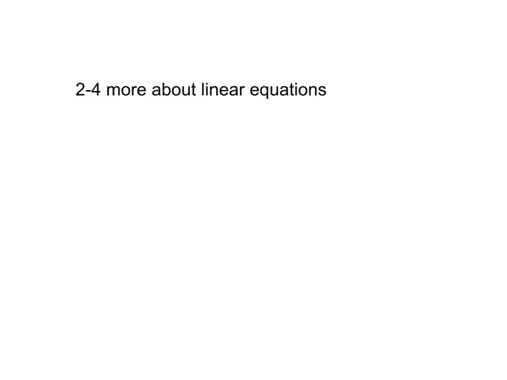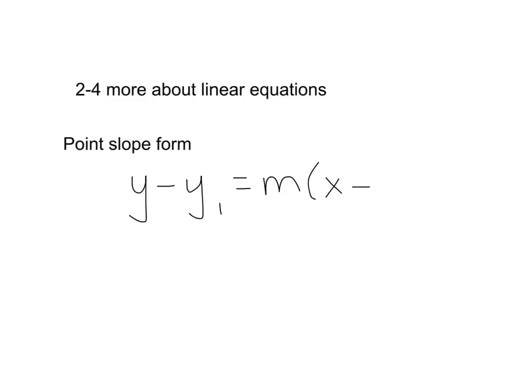Today we are in section 2-4 and we are talking more about linear equations. In the last section we learned about slope-intercept form. Today we are going to learn about point-slope form. So it is the equation of a line that's written like this: y minus y1 equals m times x minus